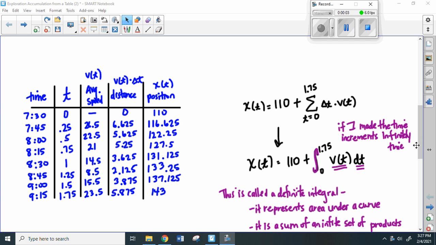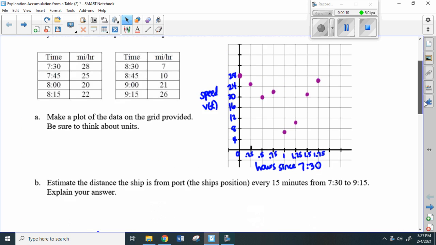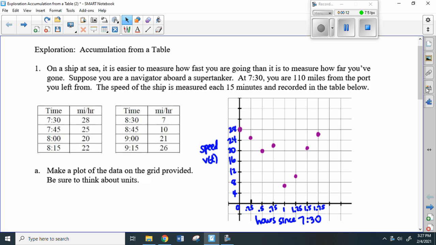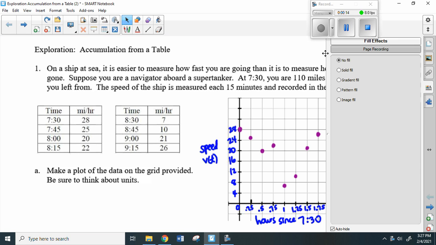All right, so I just want to go back and record what we talked about in class today from that very first exploration, the one about accumulation from a table. Remember, this is,